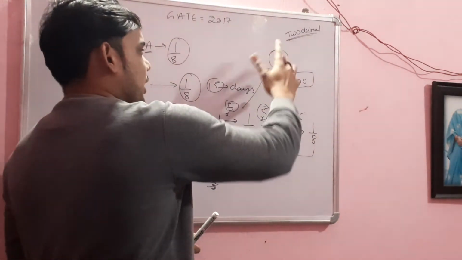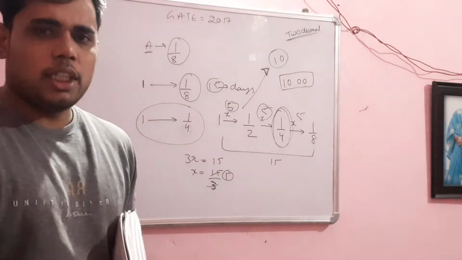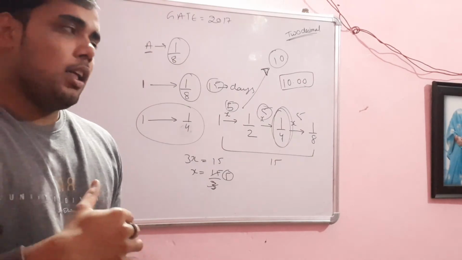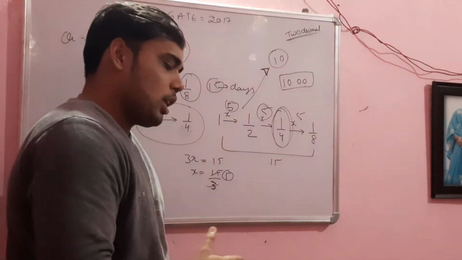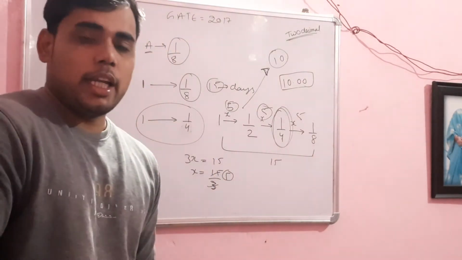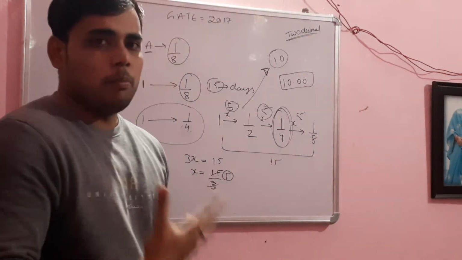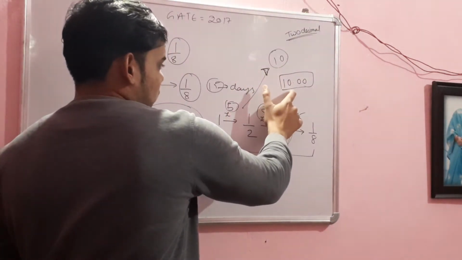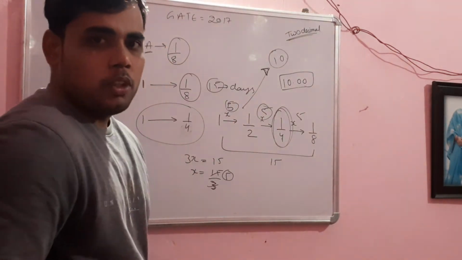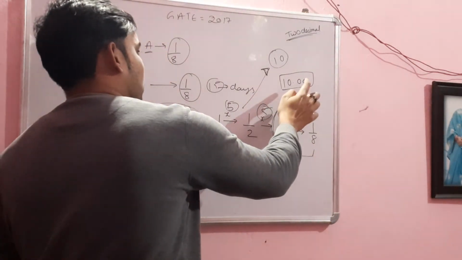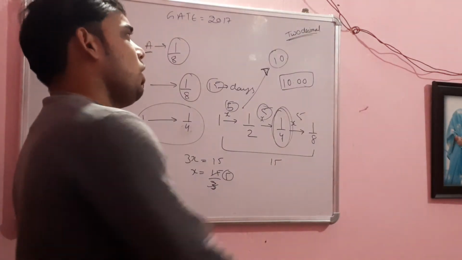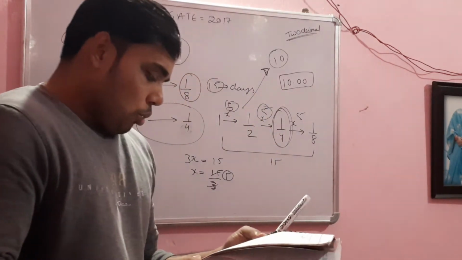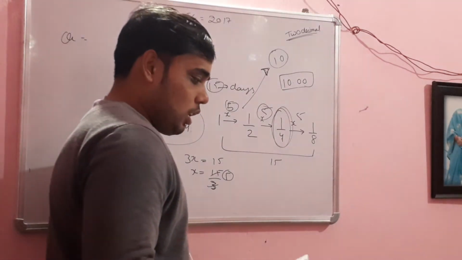Otherwise only 10 will not be sufficient, and this is a computerized program, and you know that these questions are set by IITs and checked by computer. So the computer will not accept this value, it will accept this value and give you marks. So you need to understand this. You have to put this in your answer, not just 10. Okay, fine. Next 2 questions are from general English.